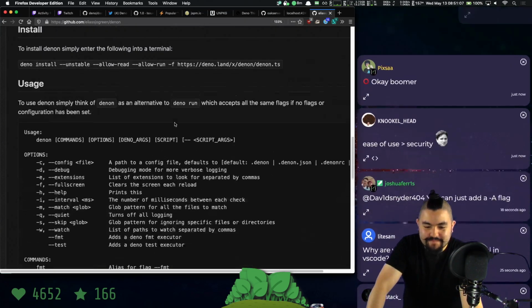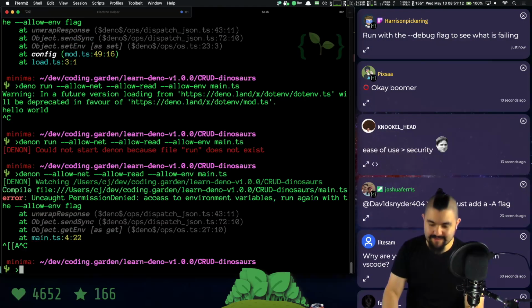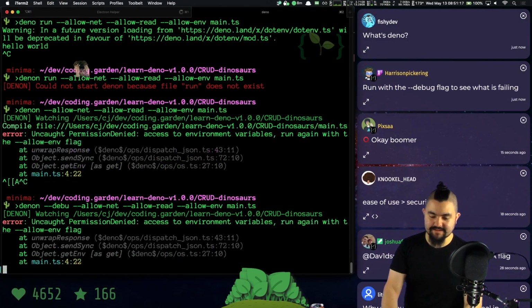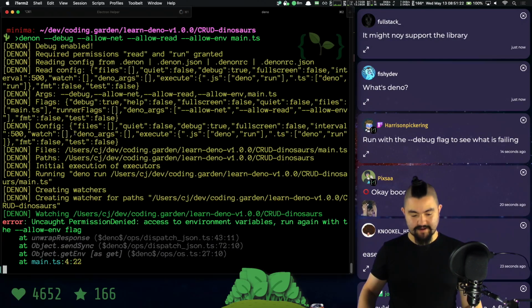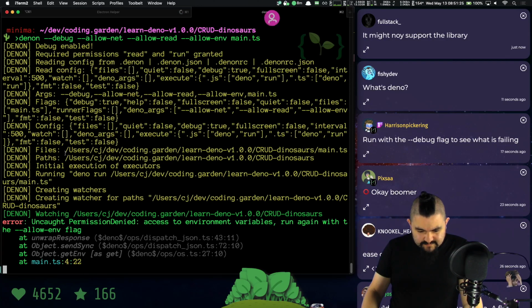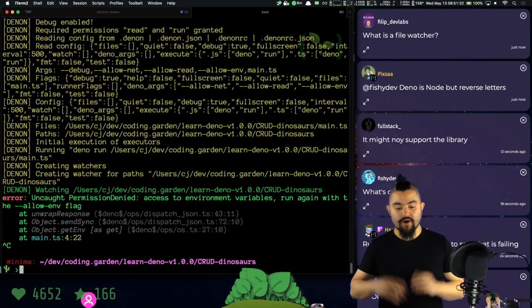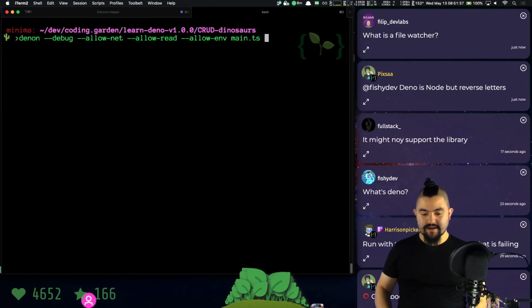No, it's not. Run with the --debug flag. Okay. I mean, I kind of don't want to. This should be the least of our problems. So Deno is a secure JavaScript runtime. A file watcher is something that will watch when the files change and automatically restart the process. Because otherwise, every time I change the files, I have to restart it. And that's okay. If somebody else can find me something better than Denon,